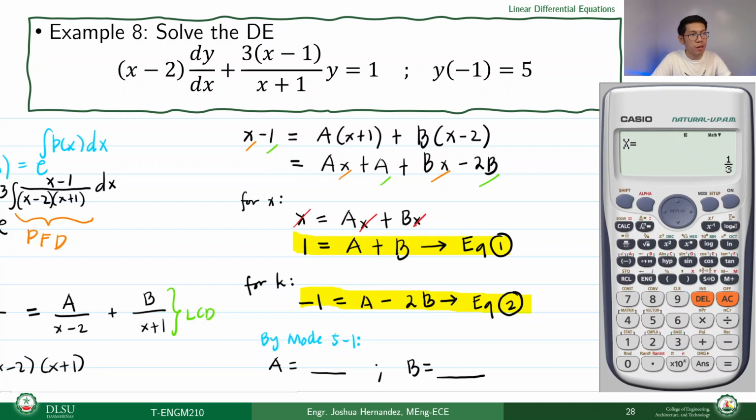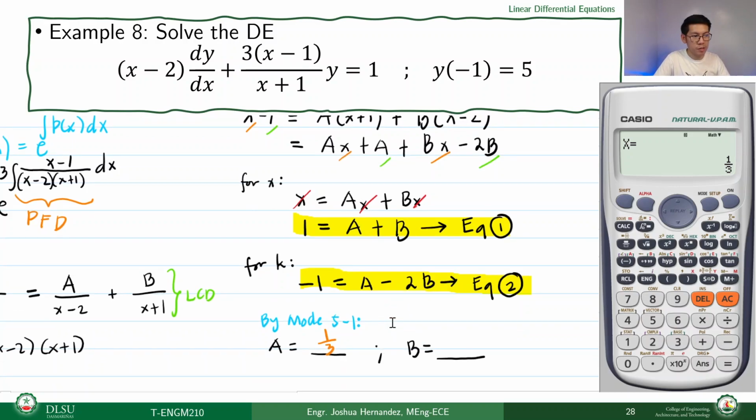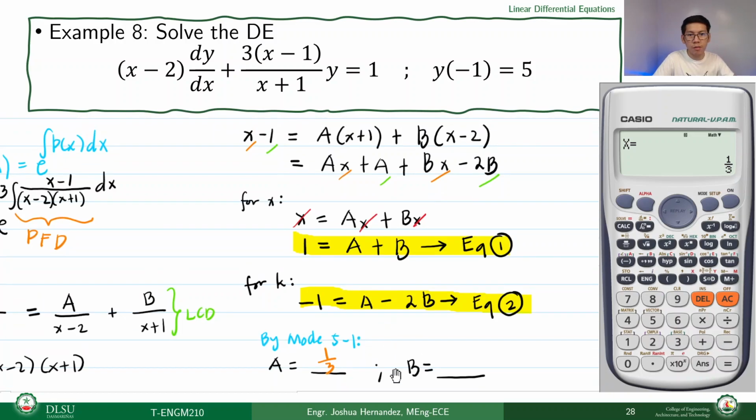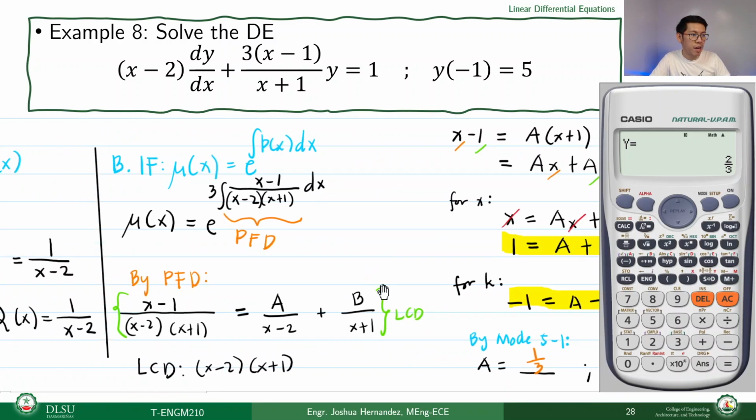Sulat natin dito, 1/3. And then of course, for B, we have yung 2/3. Alright. So, pwede na natin i-substitute yan back dito sa ating partial fraction decomposition. This value of A and this value of B. So, magkakaroon tayo ng,